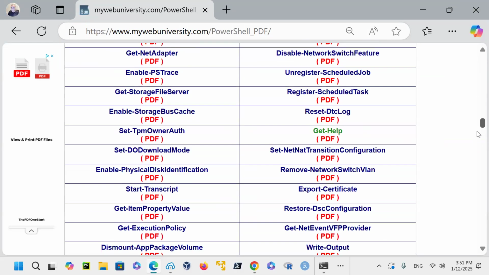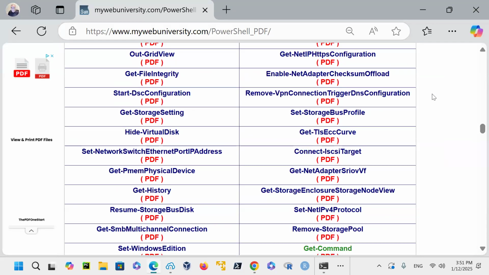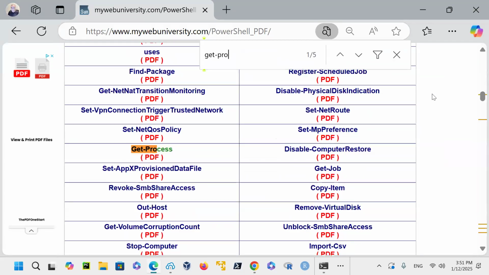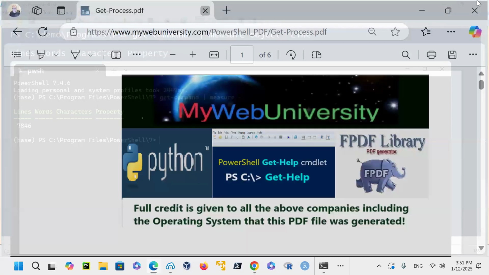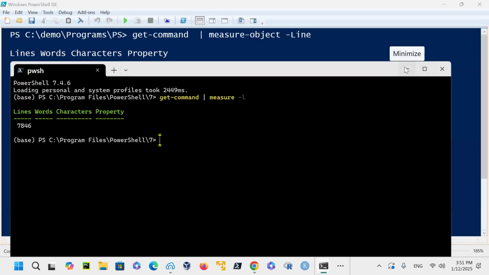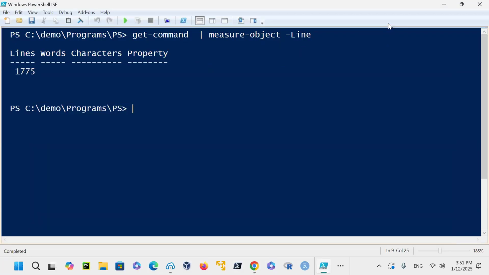Imagine for each of these ones you could do Control F and say Get-Process. Start learning here, or close this one. I'll show you on my script. You just come in here on the script and say,